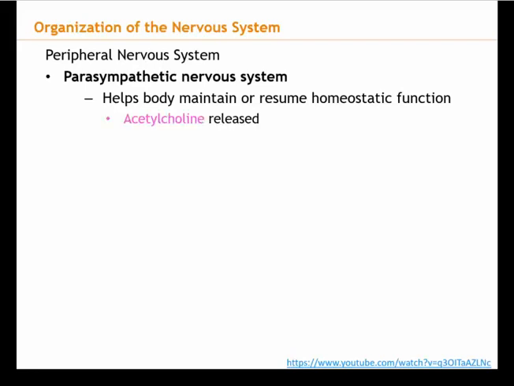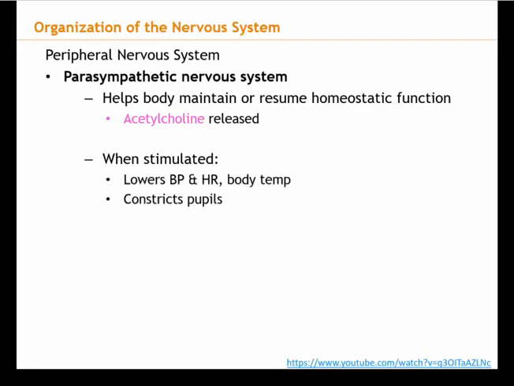What chemical is released? Acetylcholine. Acetylcholine is used to regulate homeostasis. It's our neurotransmitter, the chemical involved in the system. When stimulated, what happens? So we're going to have a decrease in blood pressure and heart rate, and then a